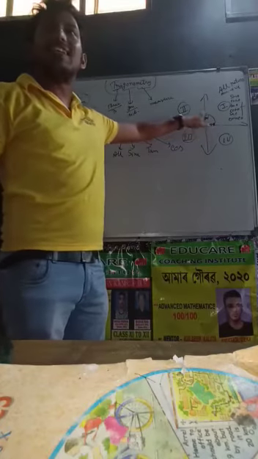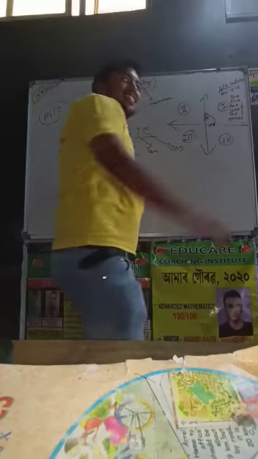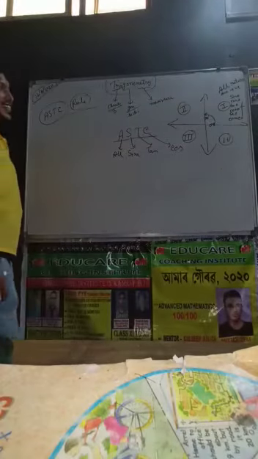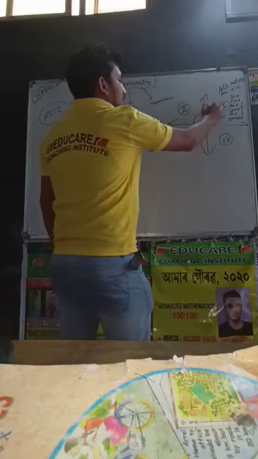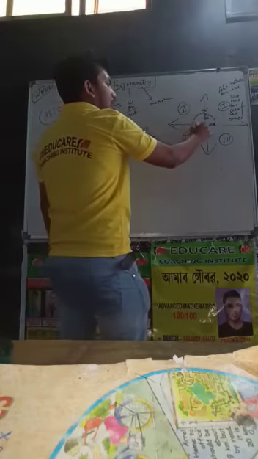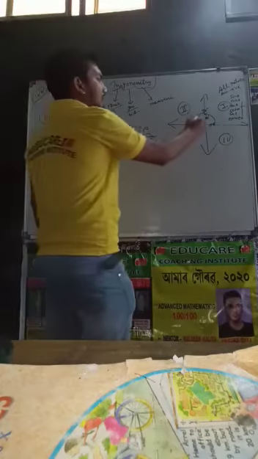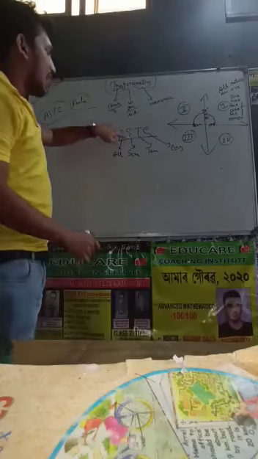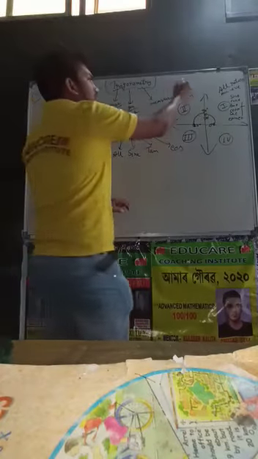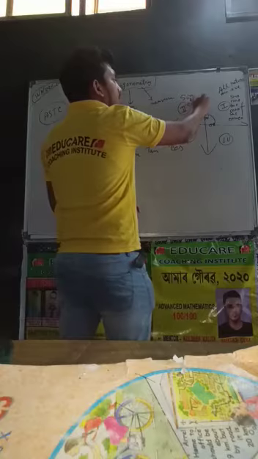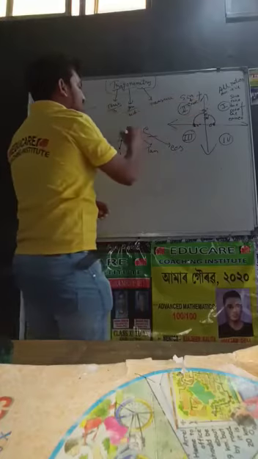From 0 degree to 90 degree, whichever trigonometric ratios are there, all are positive. Okay? Next, from 90 to 180. 90 starts from here and 180 here. So ultimately, in this section 2, sine and opposite of sine is what? Opposite of sine is cosec, positive. Sine and cosec are positive in the second quadrant.